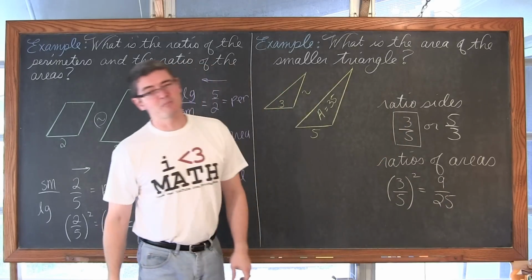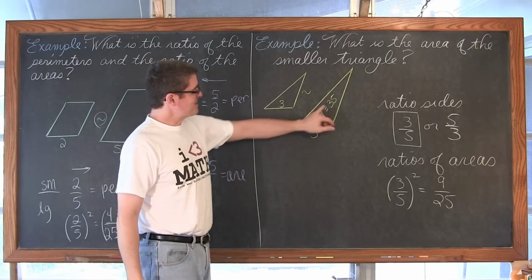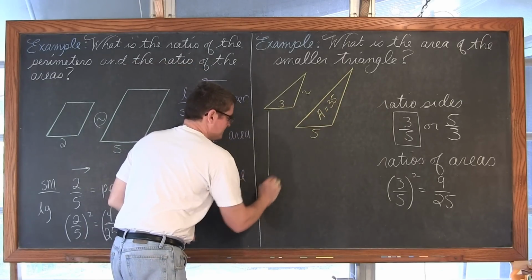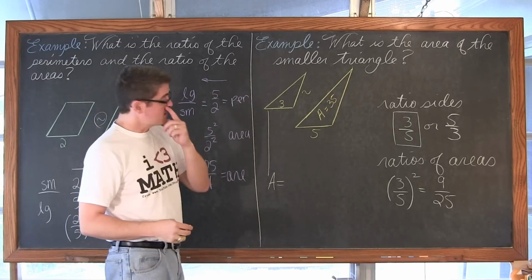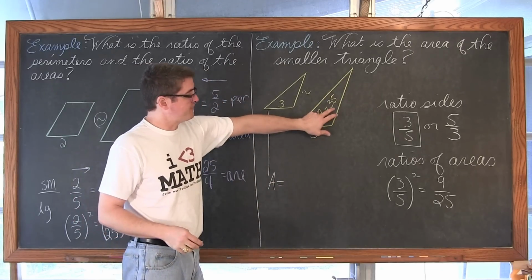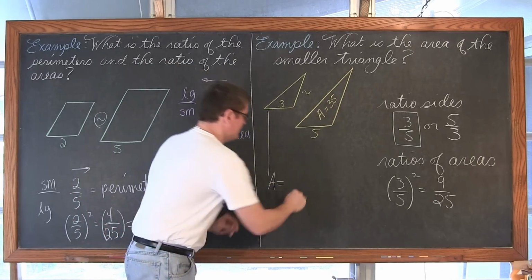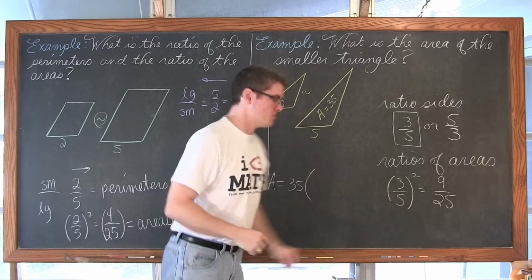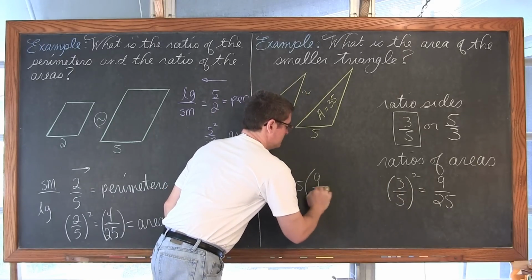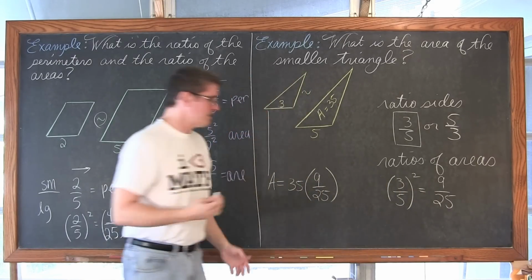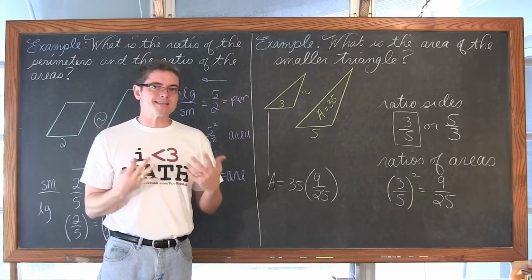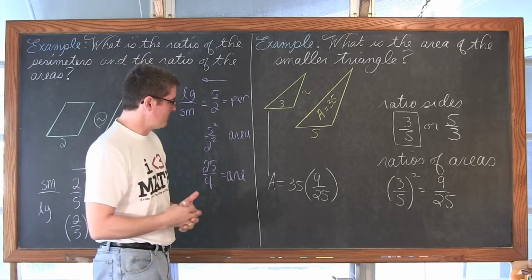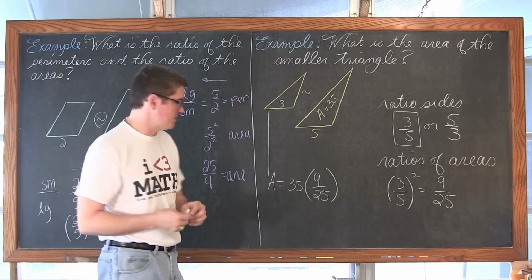And this time I'll remember to square both the numerator and denominator. Now I'm going to take this 35, and I want to find this area, which I don't know, but I'm going to find it by taking this area of 35, multiplying it by 9/25. And yes, I like to give us examples that don't work out exactly even because, well, if I have the chance to teach you something and review some skills with you, I'm going to.